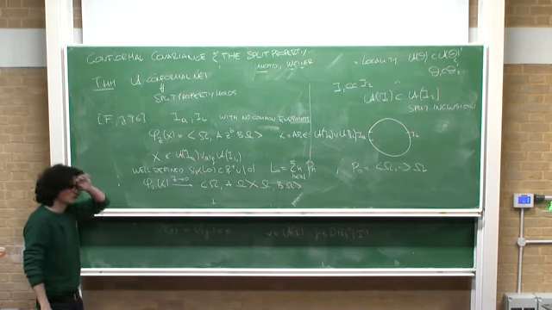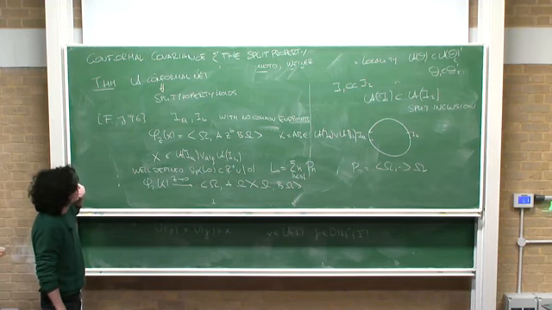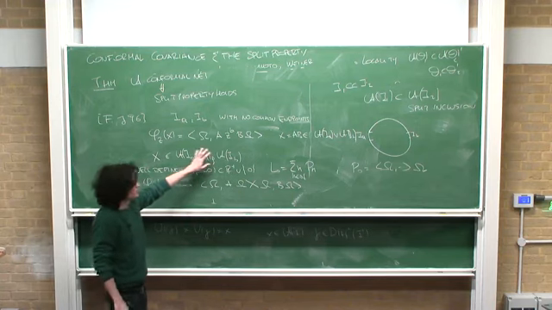So we have a product state, which is very natural, which is well defined for any element in the algebraic